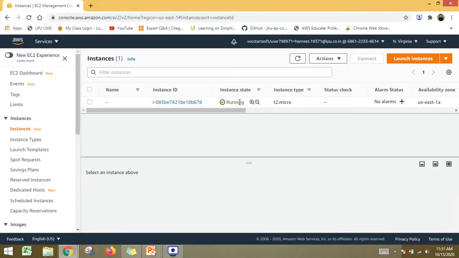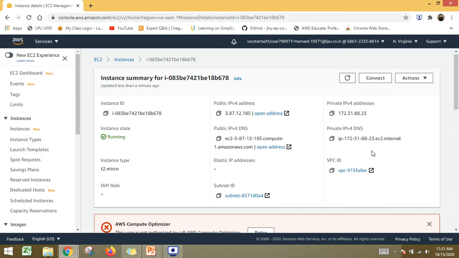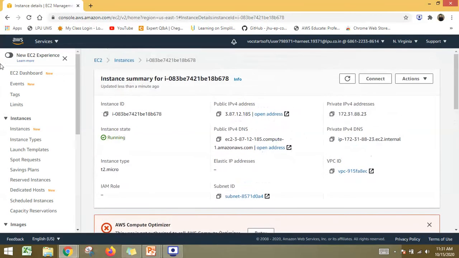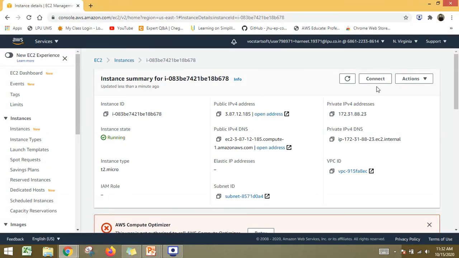So it will take only a minute to launch the instance. Once you click on the instance ID, you can see that the entire instance summary is available in front of you, each and everything. Now my point is that I wanted to launch this instance in my SSH. For that I need PuTTY, but in order to go into the PuTTY tool, I need to perform one more task here. I have to convert the .pem file into the ppk file.